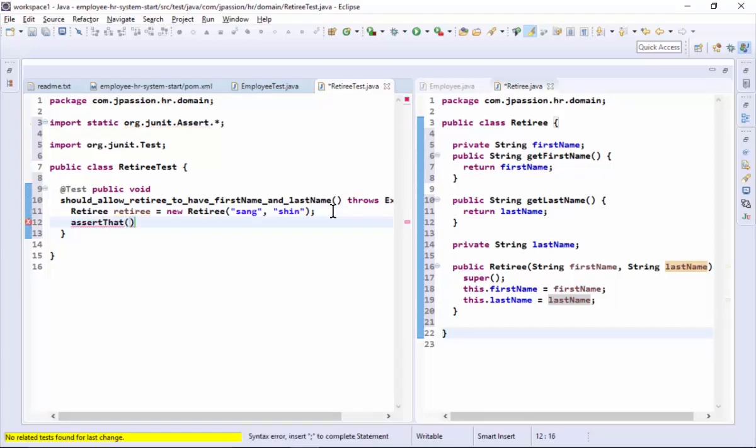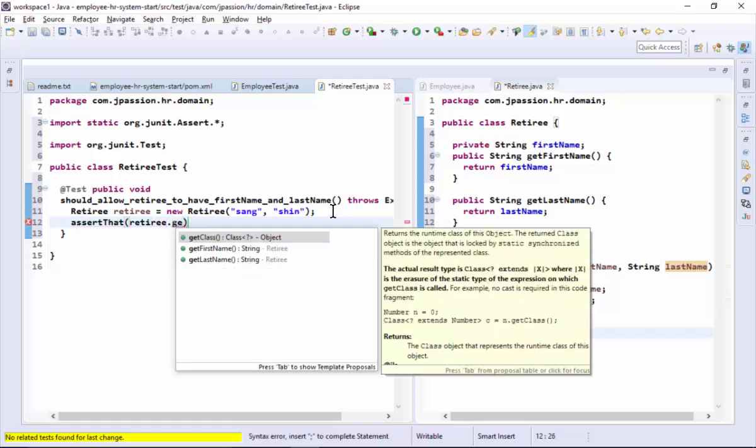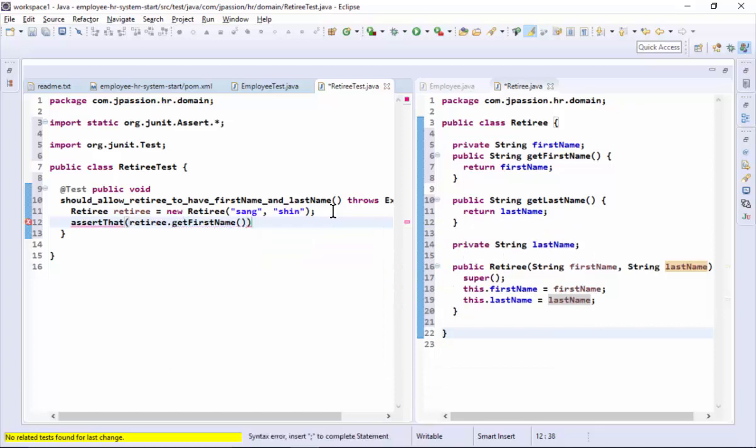Assert that retiree get first name equal to